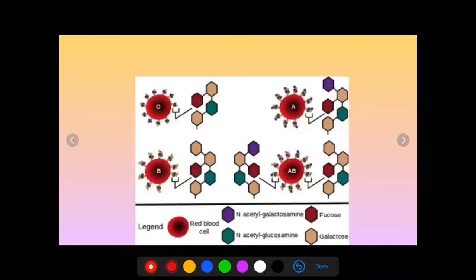Now if it is blood group A, the red blood cells have a sugar of this pattern: brown, red, purple, and a combination of these 5 sugars, which you can see is a bit different from this combination. Here you find a purple sugar. The purple sugar, N-acetylglucosamine, is missing. So this RBC having B blood group has a slightly different sugar on its plasma membrane, and this sugar is different. Let us look at this